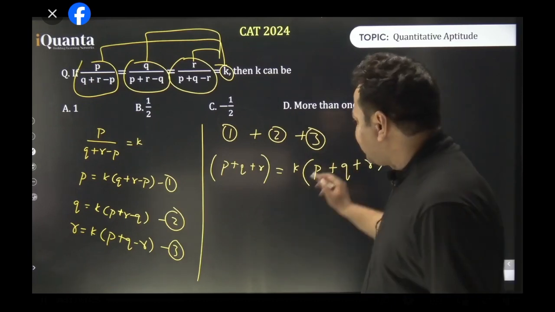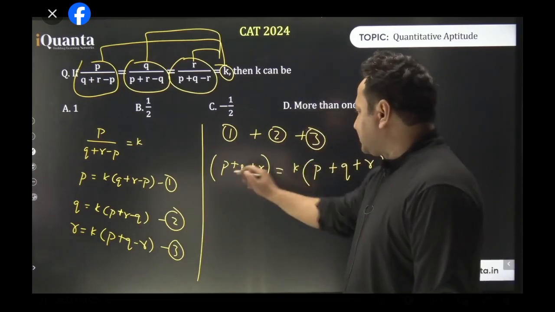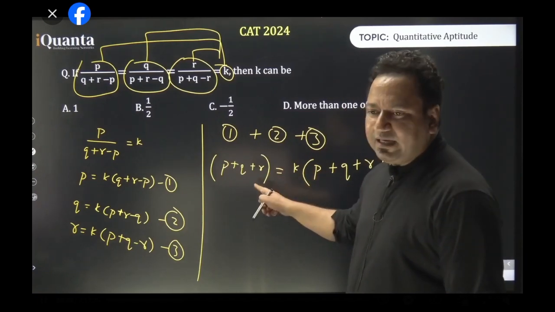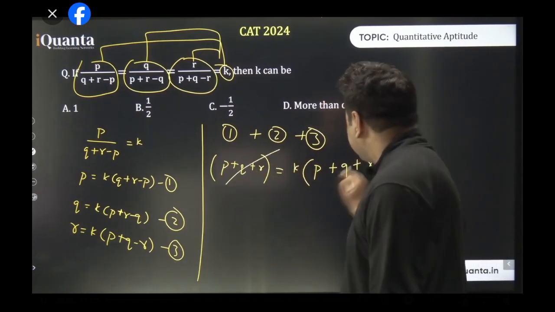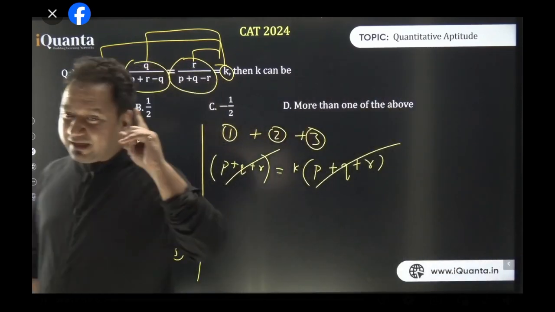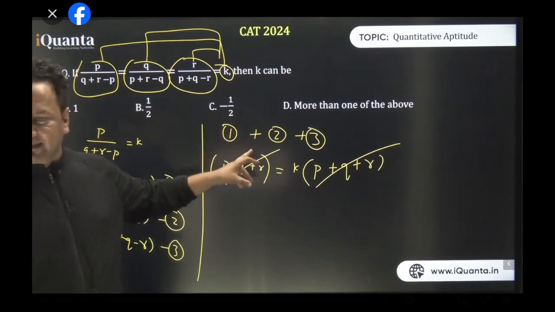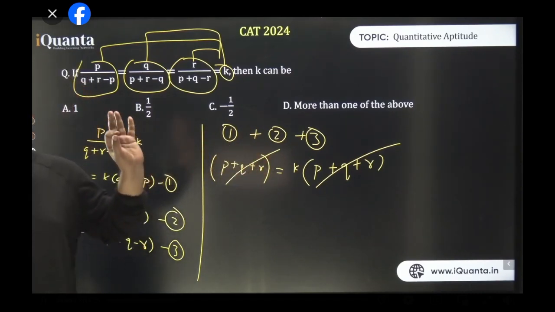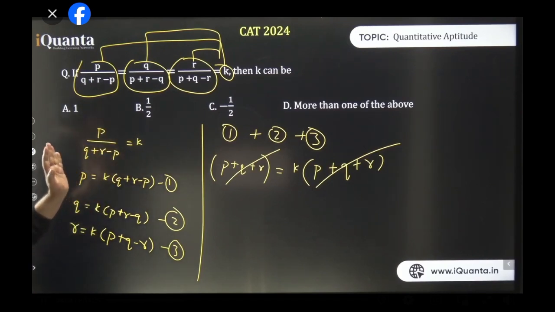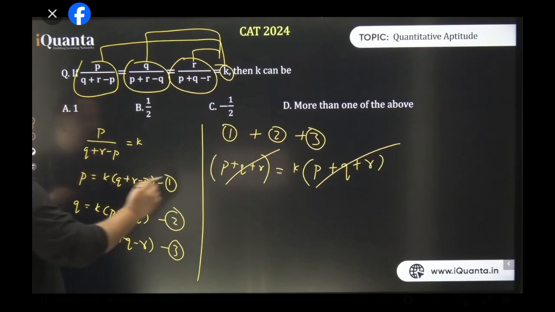If division is not allowed, then cancellation is also not allowed. When we cancel things across both sides of an equation, basically we are dividing. So when you cancel this, mathematically you are dividing both sides by p plus q plus r, right? And why did I give such a long explanation? To make you understand that you cannot do this. You cannot divide both sides by a variable, and p, q, r are basically variables. Clear? Is it clear to all of you? I hope yes.